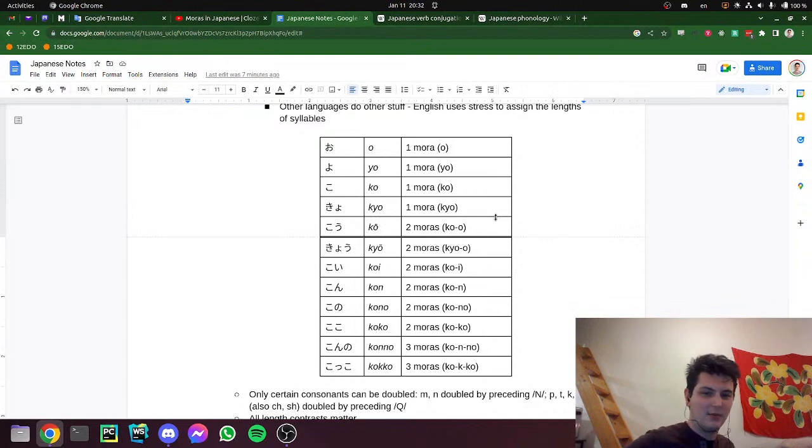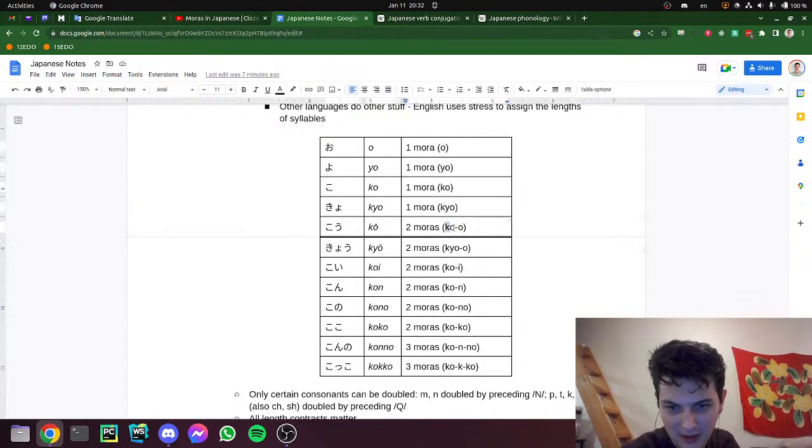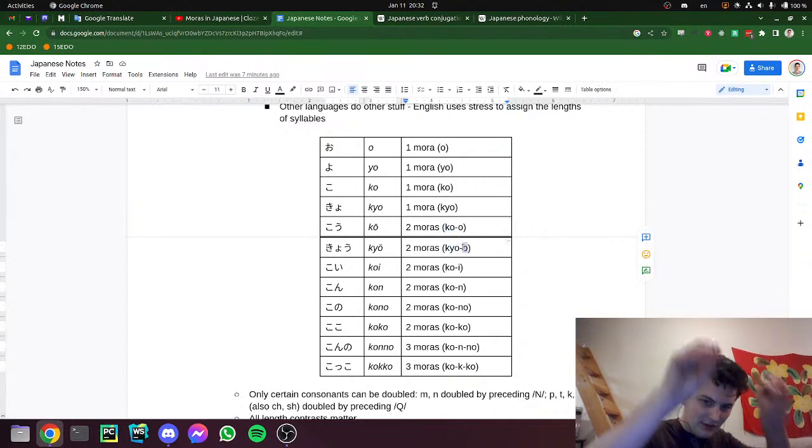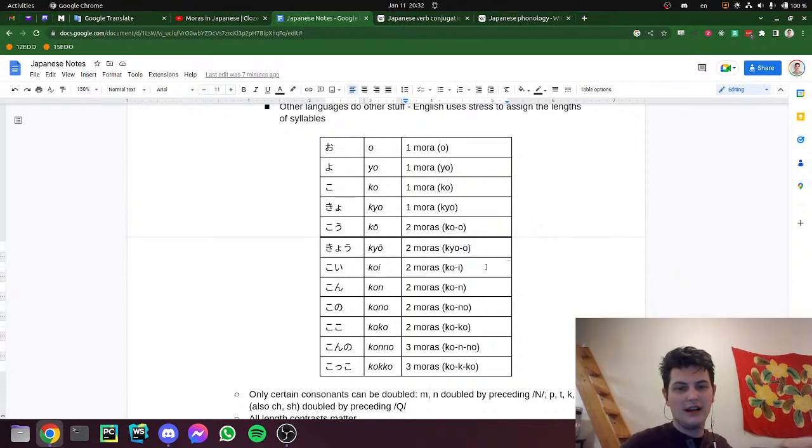So how do you get another mora in your syllable? One way is with a long vowel. So if you have a syllable like koo or kyoo, those are two moras because the length of the vowel adds a second mora. So you can see I've broken these down by moras. Koo, kyoo. You can think of those as two moras in that syllable. Similarly, if you have two vowels put together, koi, kai, koe, whatever, any two vowels, that's going to be two moras, because the rule is each